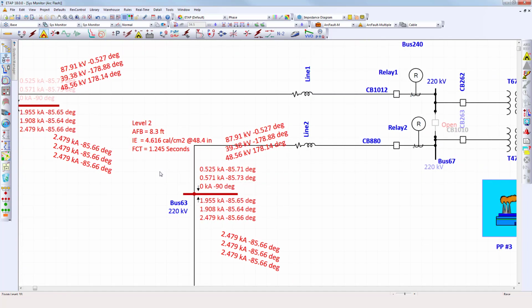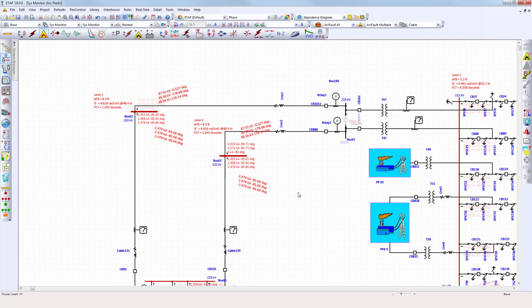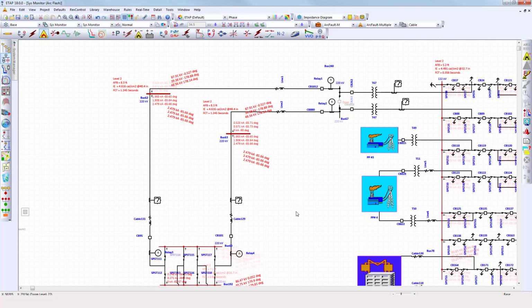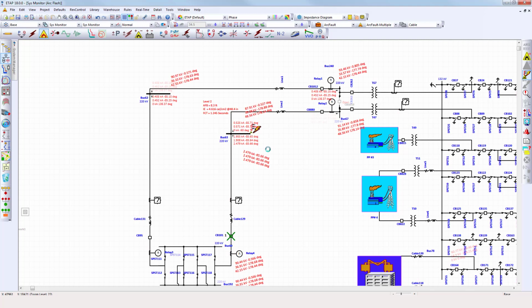Let's zoom out into a particular portion of our system where we have a couple of transmission lines, 220 kV lines, and we're going to switch our study case to perform a single arc fault on either one of these two parallel 220 kV lines by simply clicking on the fault insertion for three-phase line to ground, line to line, or three-phase arc faults. We can click on it and drop the fault on any location we want. In this case, I'm going to be faulting it on bus 63, which is a location along this 220 kV